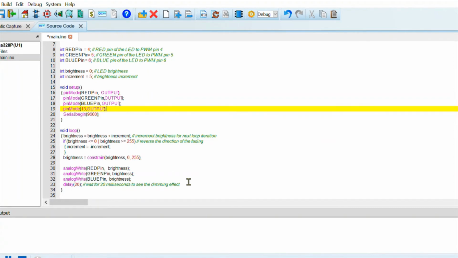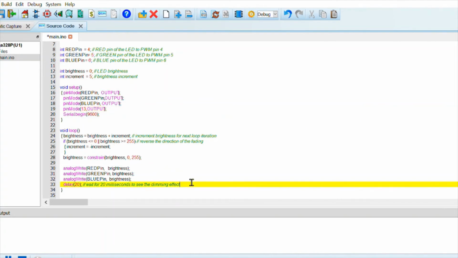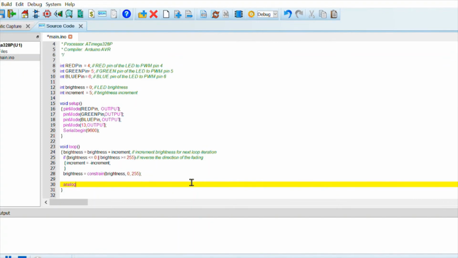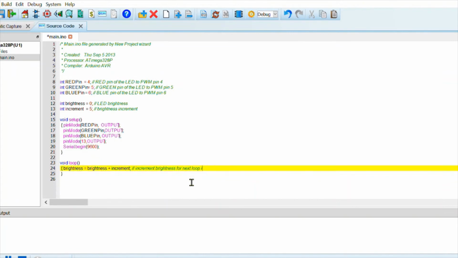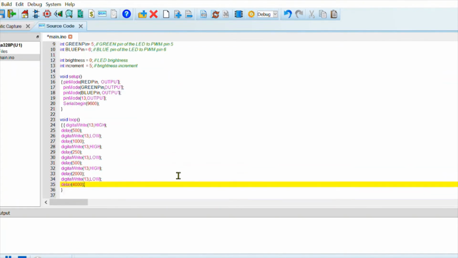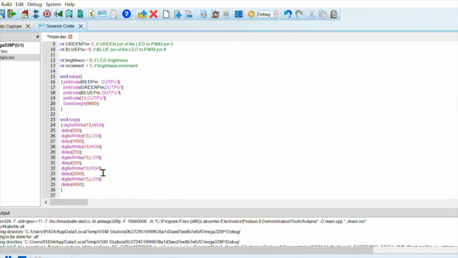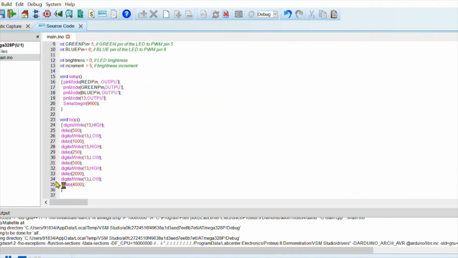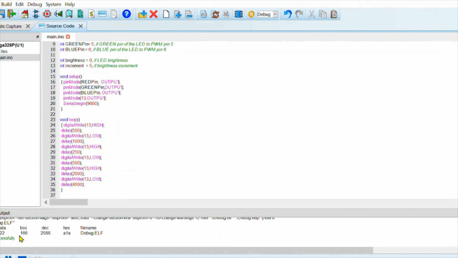Now the various conditions provided in the assignment are to be written in this void loop function. For that, we need to remove these conditions. After we have written the required conditions in coded form, we need to click on the build option and click on build project. So all this data will be compiled and it will show compiled successfully if it is correct.